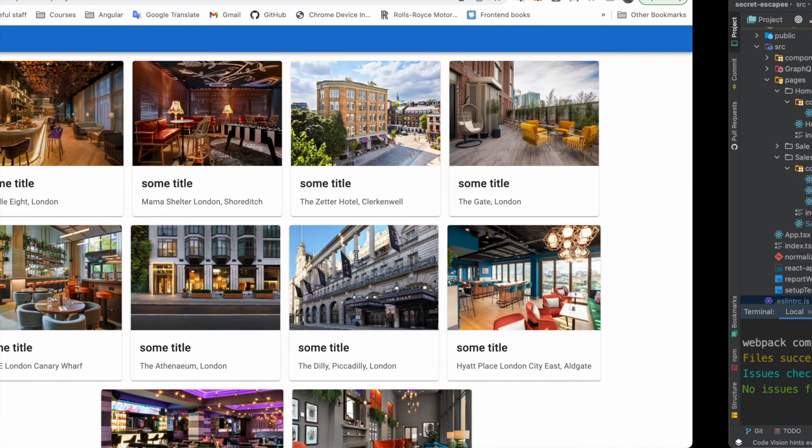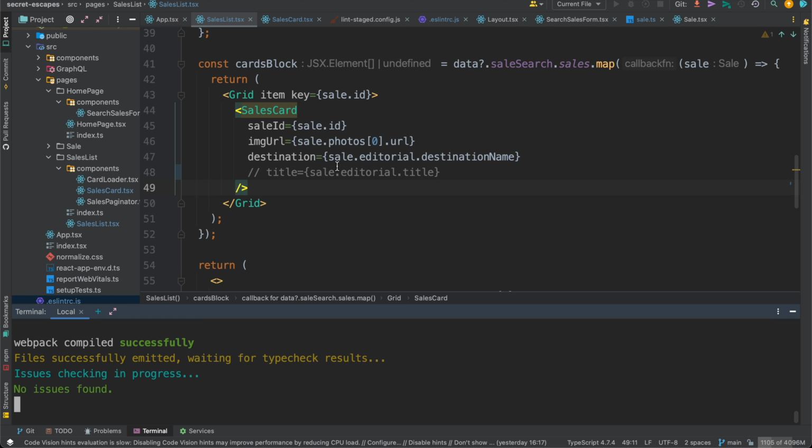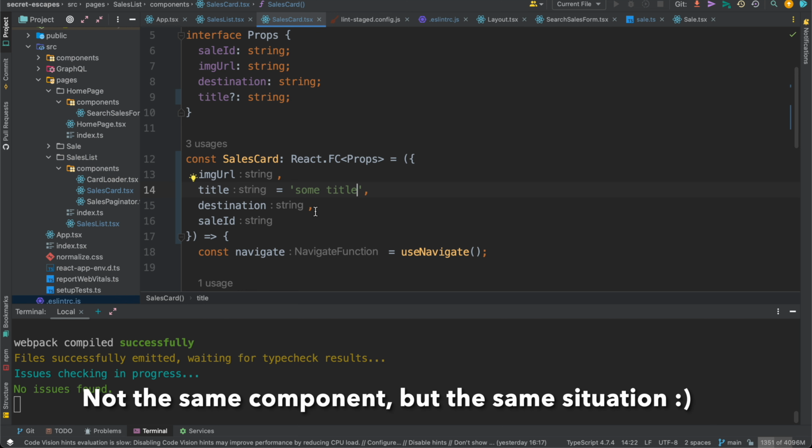And as we can see, our project will work, so we don't have to pass title as a required prop, and it's logical behavior as for me. And let's compare the same component